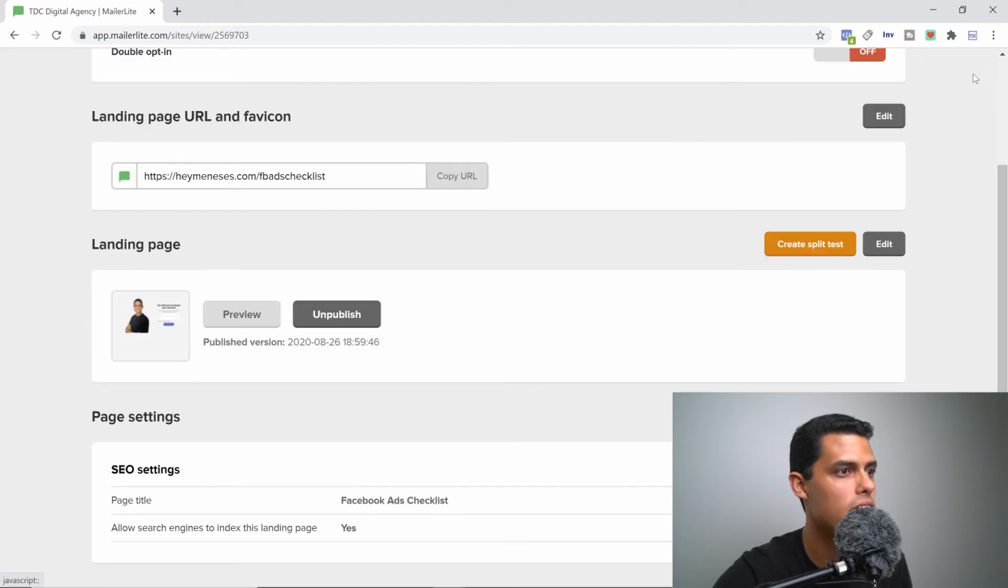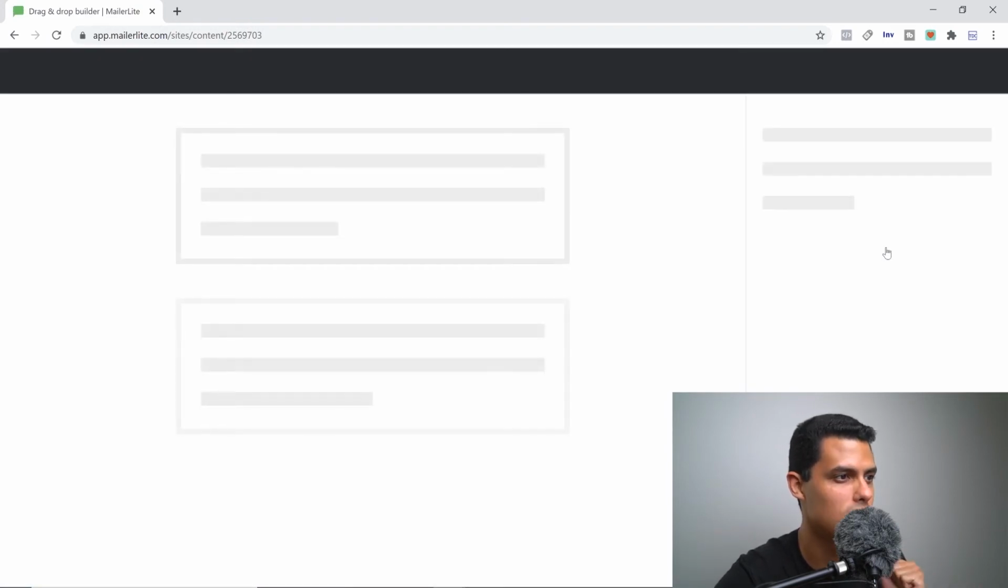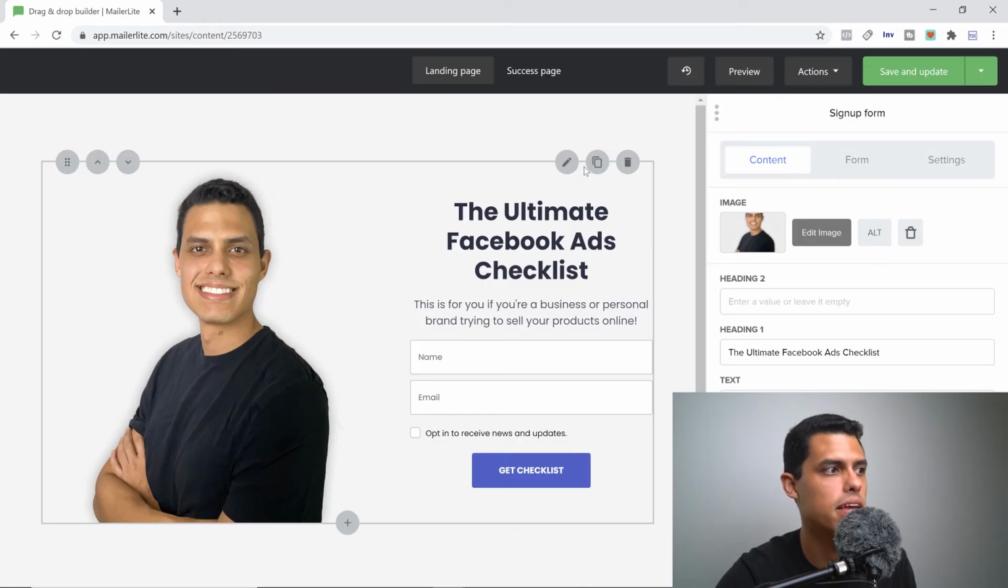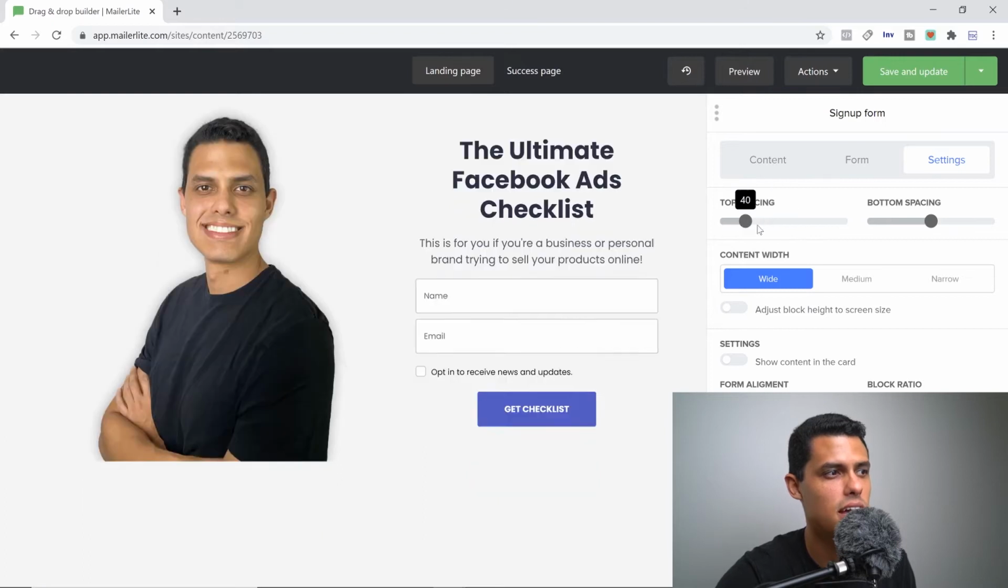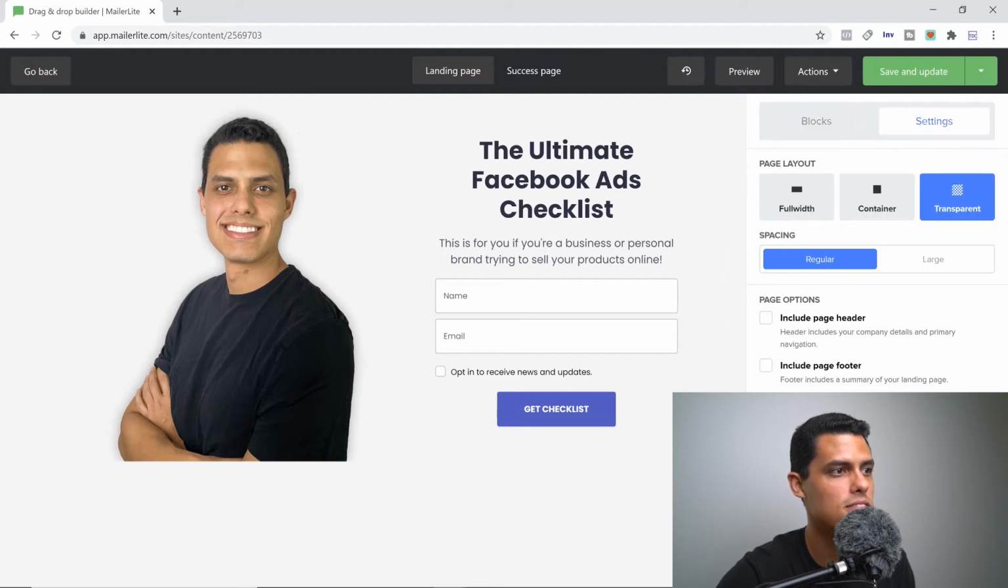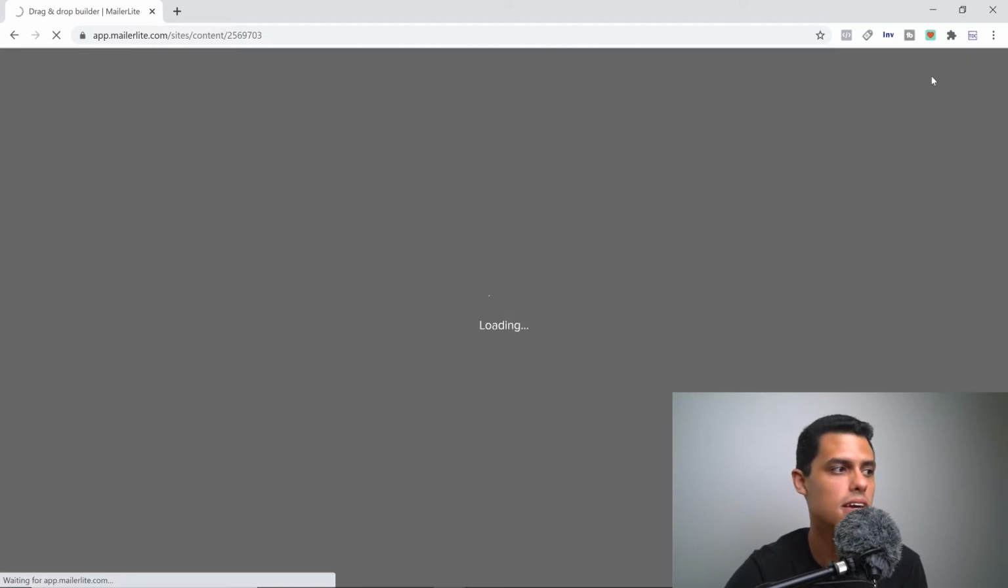So let's go ahead and close this one right here and then click edit to fix the margins so we don't have people scrolling just a ton. So we wait for it to load. Then we click the pencil right here and then we go down, we click settings, and top spacing we put it in 10 and the bottom spacing we put it in 10. Then we go ahead and click save and then save and update, and after that we have our landing page